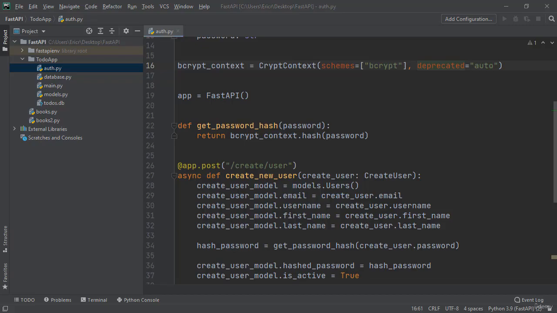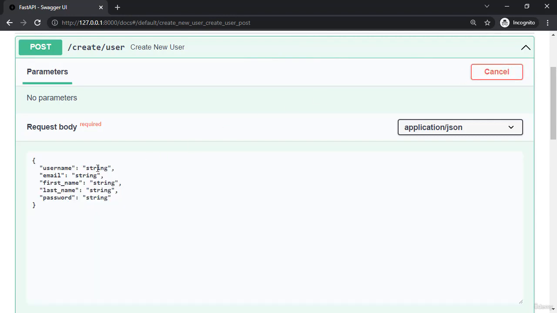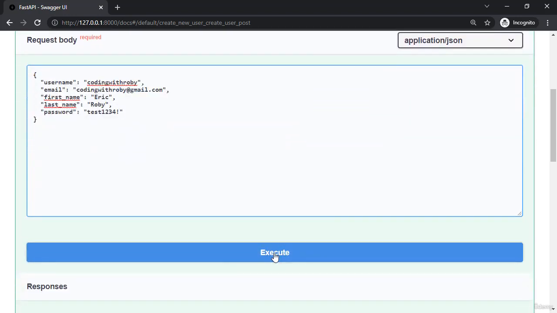And let's switch back to our browser, refresh our Swagger docs, and let's now say try out create user. Again, I'm going to say username is Coding with Roby. Email is codingwithroby@gmail.com. First name Eric, last name Roby, and password is test1234! If we say execute,